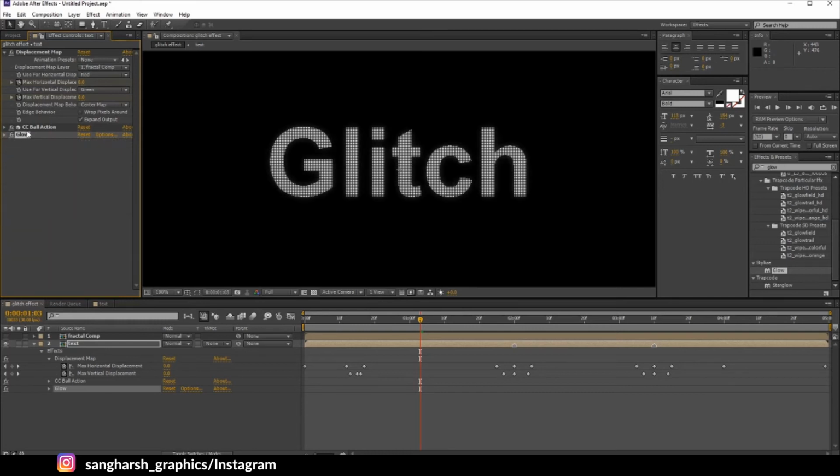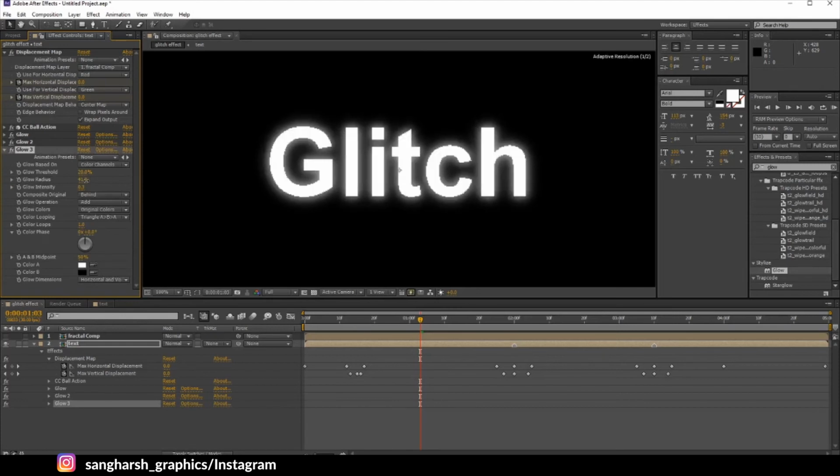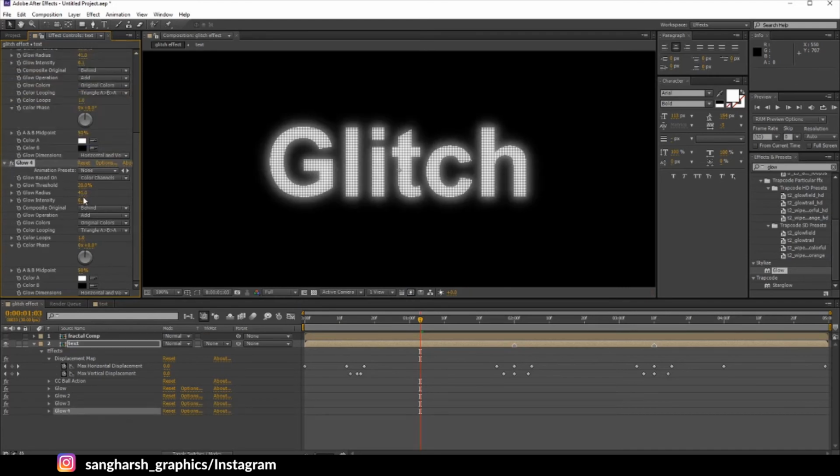Now duplicate it, increase the radius to 30, the intensity to 0.3. Let's duplicate it one more time, increase the radius to something like 40-45, intensity 0.1. One more time duplicate it, increase its radius to something like 55.